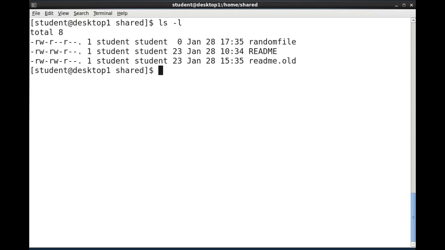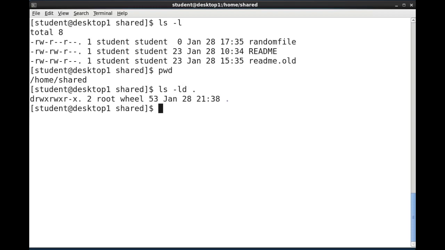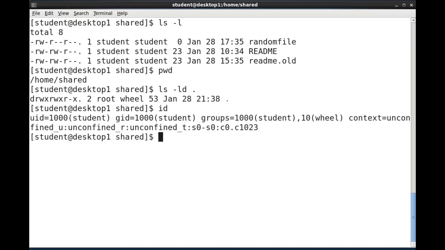I am in the shared directory, and this directory has permissions that allow for the owner root, read, write, and execute, the group wheel, read, write, and execute, and others read and execute. I'm currently logged in as student. My primary group is student, but I'm also a member of the group wheel. This allows me to create new files inside of this directory